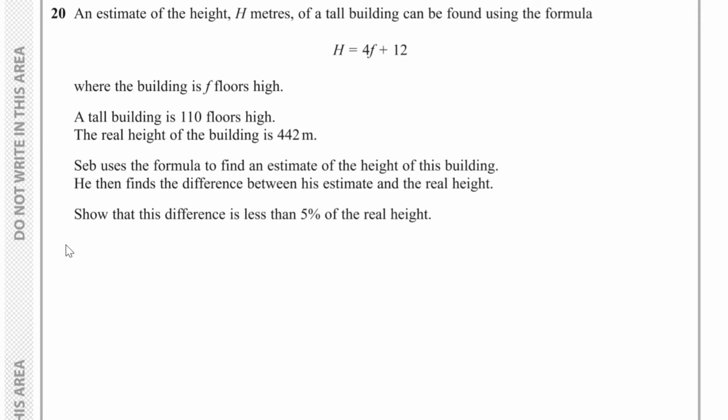So we can find the estimate. h is equal to 4f, so we have 4 times 110 plus the 12, so that's 452 meters. So this is the estimate of the height of the building. We know that the real height is 442, so therefore the percentage difference,